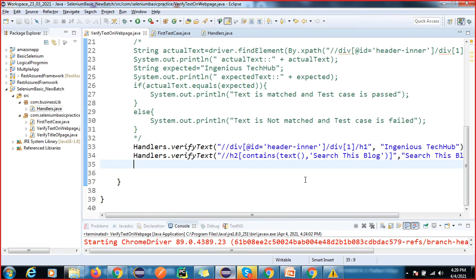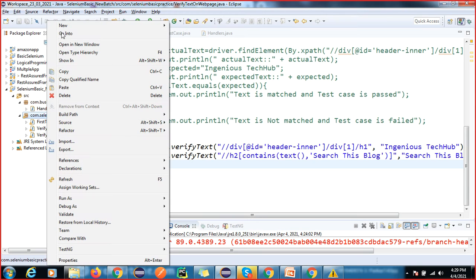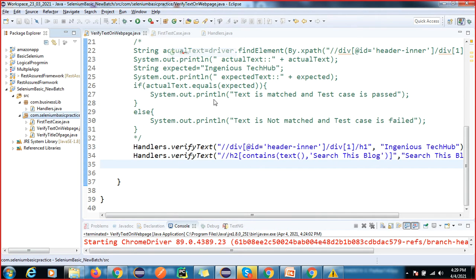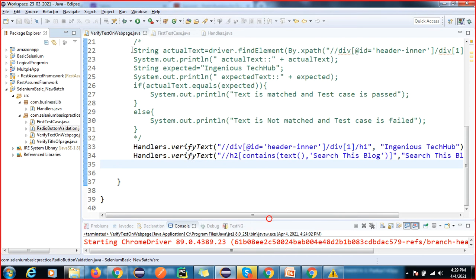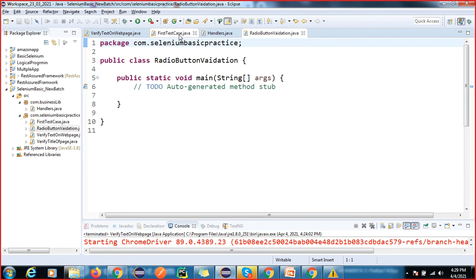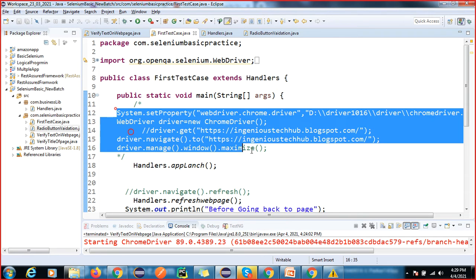To check whether it is selected or not, we'll create another class and write radio button validation. Now I will copy this line of code, and these are the same steps you have to do.